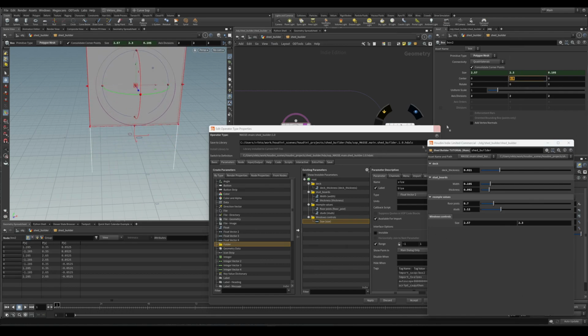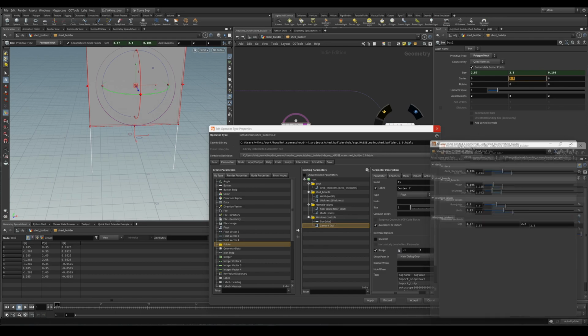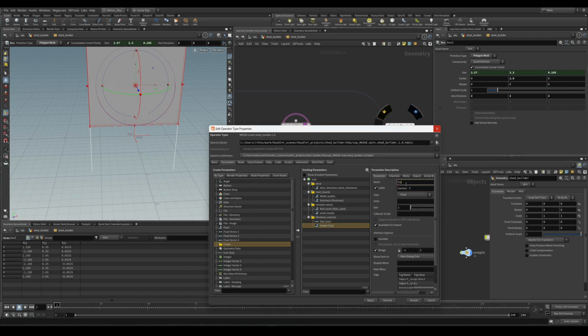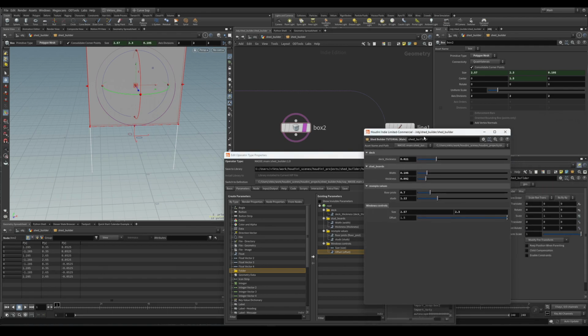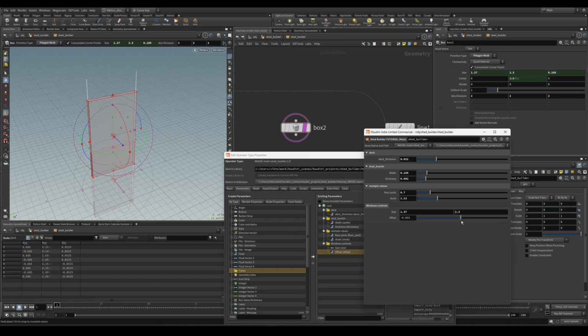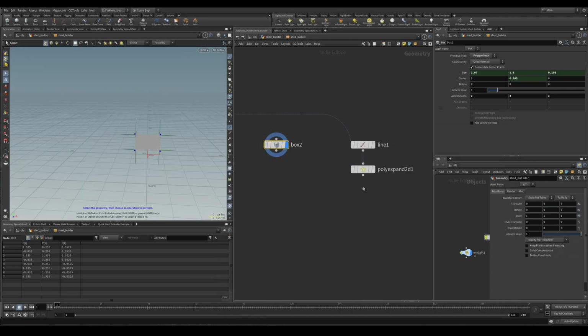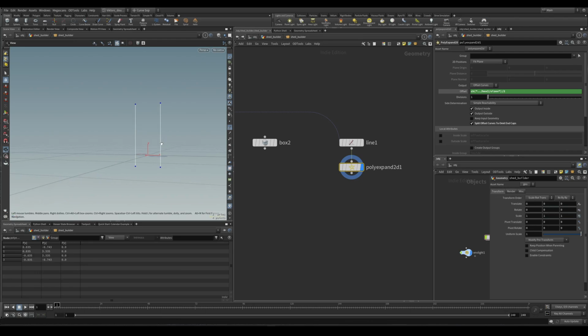So just drag this inside our HDA, and let's call this offset, like that. So now in our HDA, we can control the size of our window and the offset. So if we want our window to be higher or lower, like that. Now that we have our control of the box, what we're going to do is make sure that these polylines